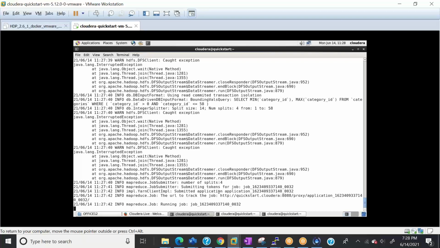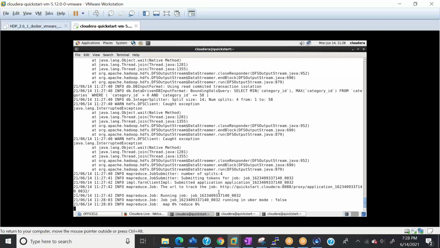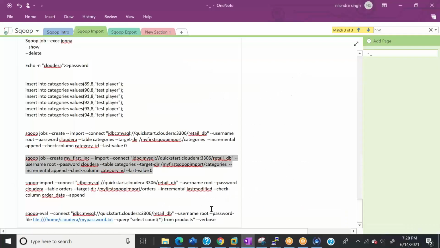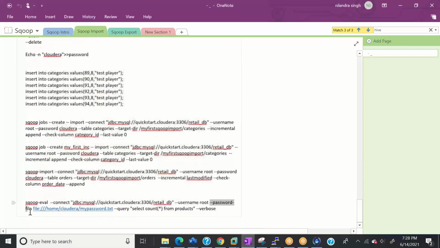But if we talk about automation, we won't be doing anything manually. So yes, for Sqoop jobs we have an option called password file, which I'll show you in 2 minutes. We can create a password file, store it somewhere, and have the reference of that password file in this command. Meanwhile, that job is running. Let me show you here. Yeah, something like this. So we can have password-file here.